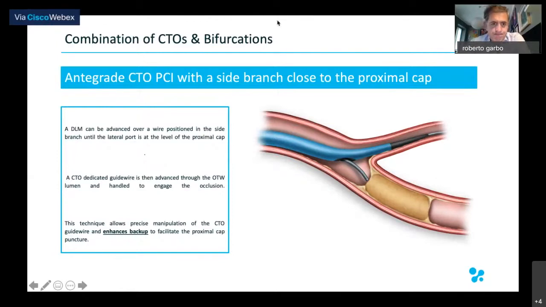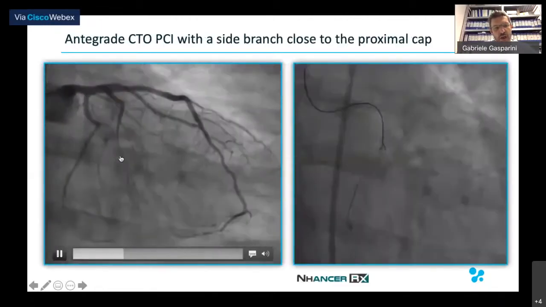Thank you. So now go on with the next case. Another application is quite similar. When you have a CTO close to a bifurcation, that is quite frequent and could represent difficulties because of the lack of support, or because sometimes when you have a CTO close to a bifurcation, the stump is blunt. So the use of the dual lumen microcatheter could help the operator to perform a correct position, especially due to the